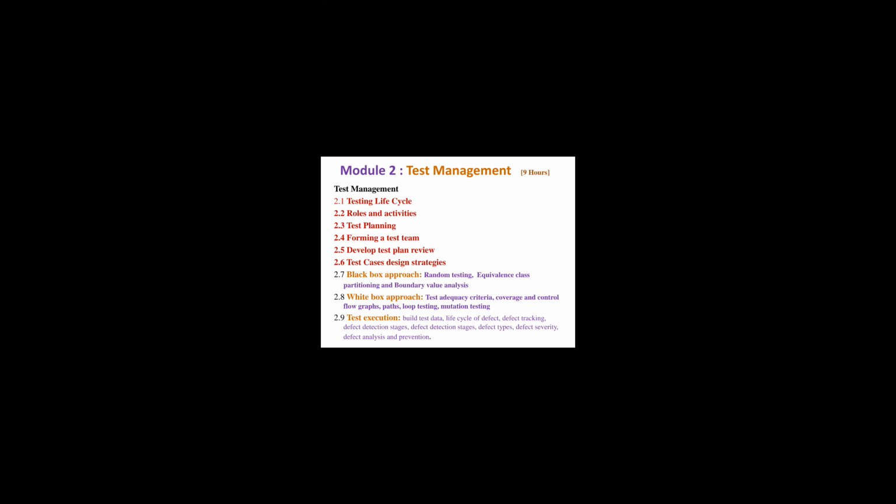In the last part, we will discuss test execution concepts based on building and test case, life cycle of defect tracking, defect detection strategies and stages, defect detection methods, the types of defects and defect severity, defect analysis and prevention methods. So these are the topics we are going to discuss in module 2.